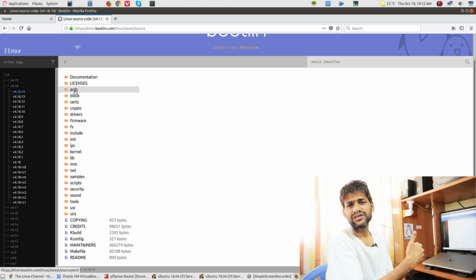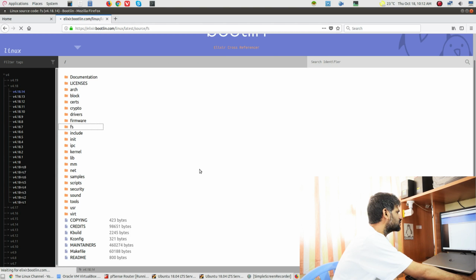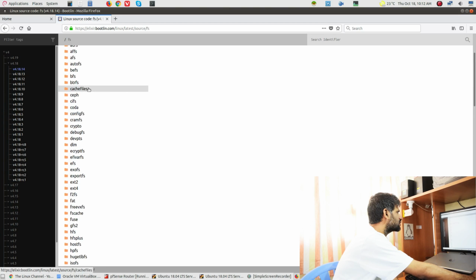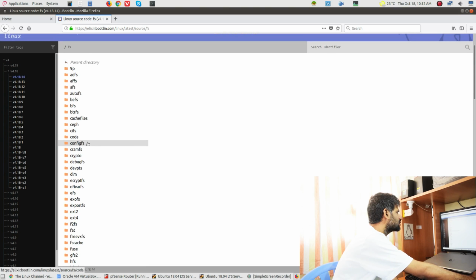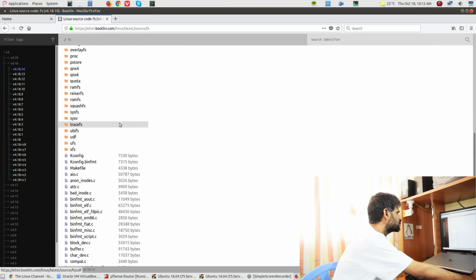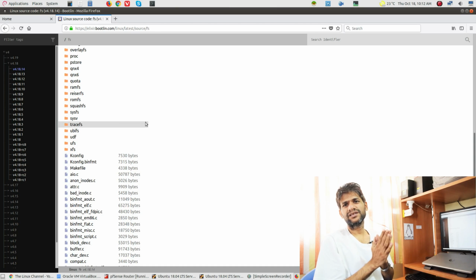This is all about CPU architecture and stuff. If you jump onto this file system, you can see there's a list of various file systems. You can also see ButterFS here, ext2, ext4, all sorts of stuff, but unfortunately you cannot find ZFS here, because the kernel itself is released under GPL v2 versus